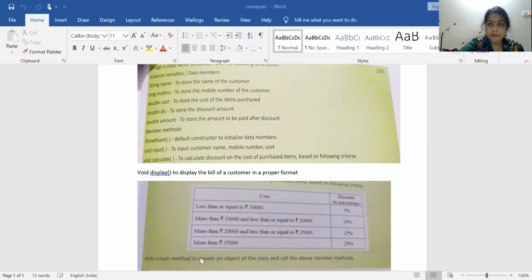Now before starting the program, just look at the screen. I will write the procedure or steps you have to follow for writing the program. First, define the class.